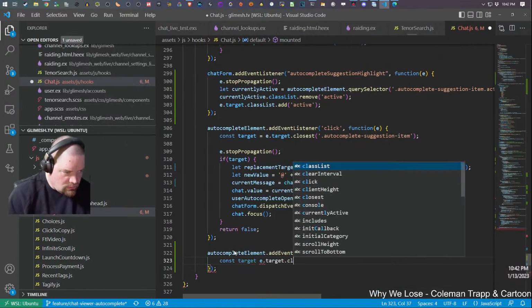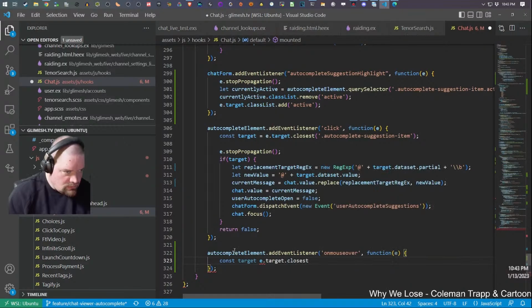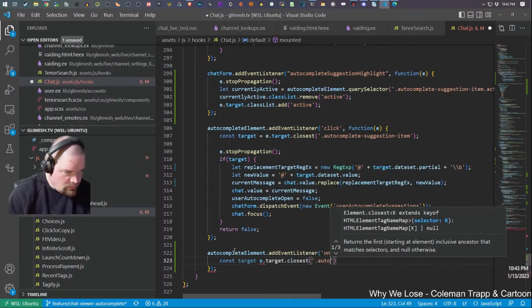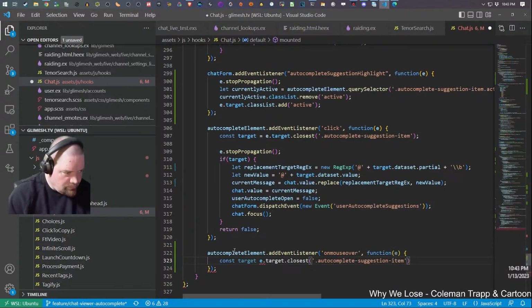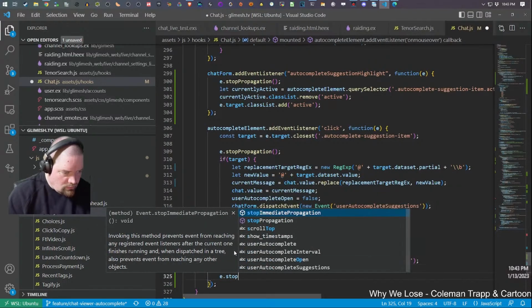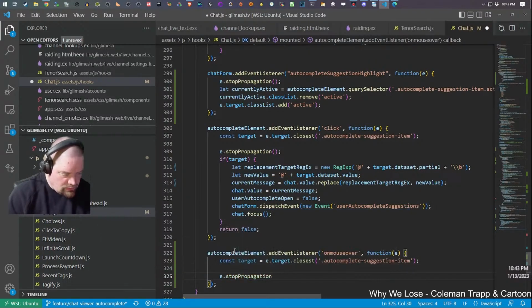Target closest autocomplete suggestion item. Let's target. Try that. Yeah, there we go. Stop propagation. Although run on mouse over.